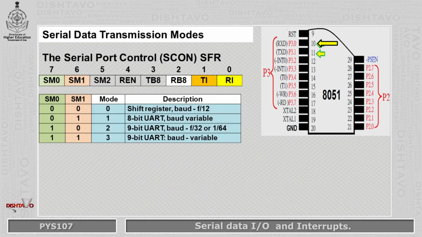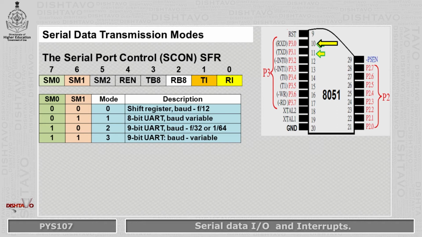Serial data transmission modes. The 8051 designers have included 4 modes of serial data transmission that enable data communication in a variety of ways and at multiple baud rates.